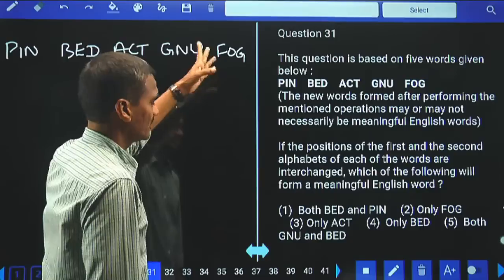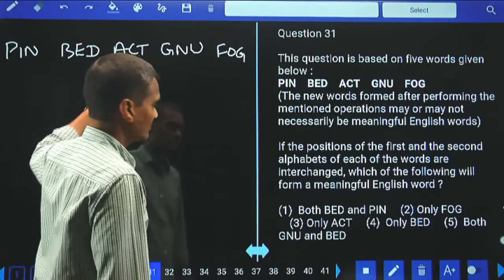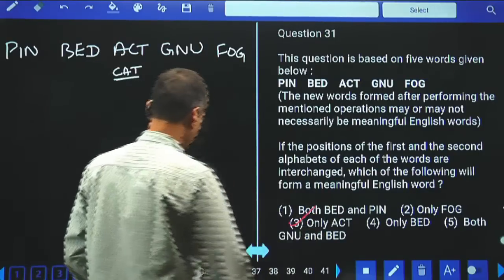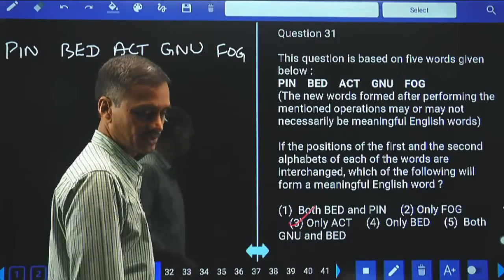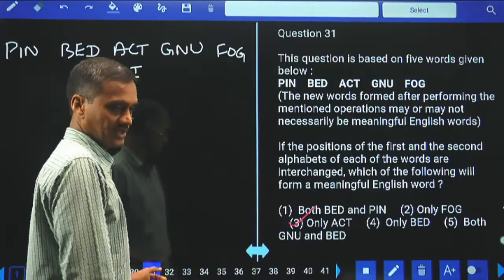NGU is not a word, OFG is not a word. Hence, only one word, that is with only act. Choice 3 is the answer for question 31, it is choice 3. Then,